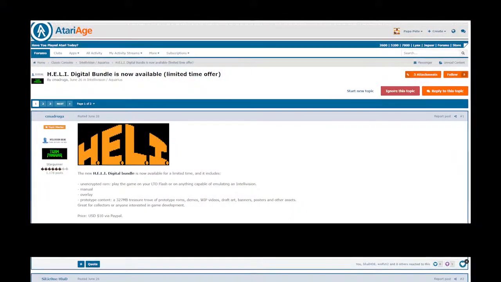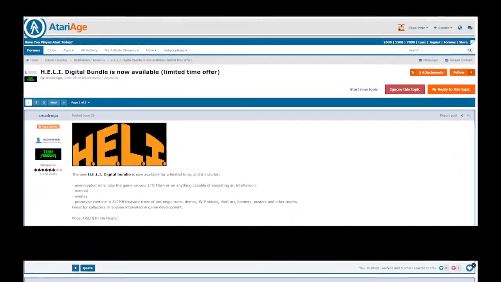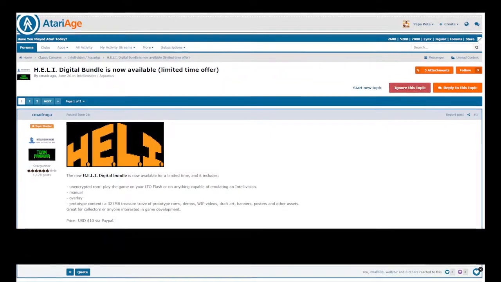As you can see, I love the physical copies of these homebrew games, and it is a top quality gatefold box release with the manual, with the overlays and everything, and I really can't wait to add that physical copy back into my collection. But in the meantime, go to Atari Age. I'll put the details of how you can do that down below. Contact Carlos and you can order the game directly from him for only $10,